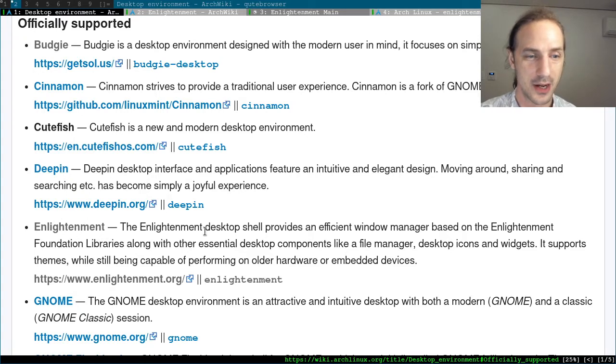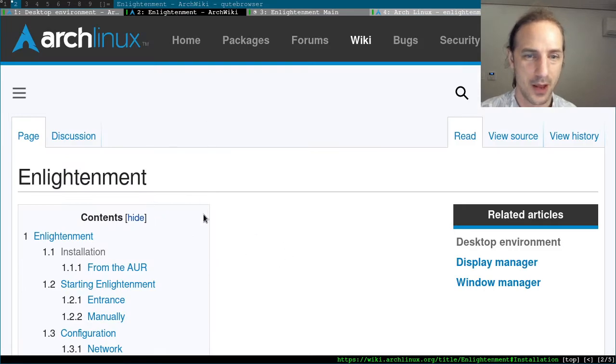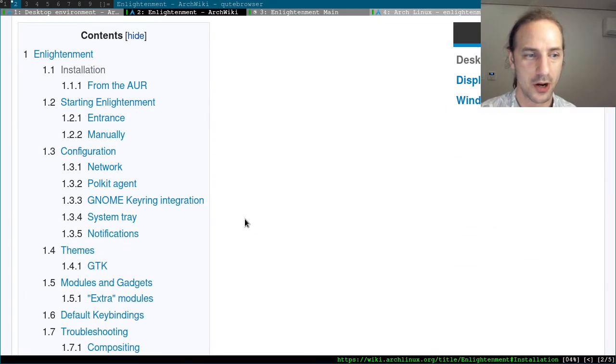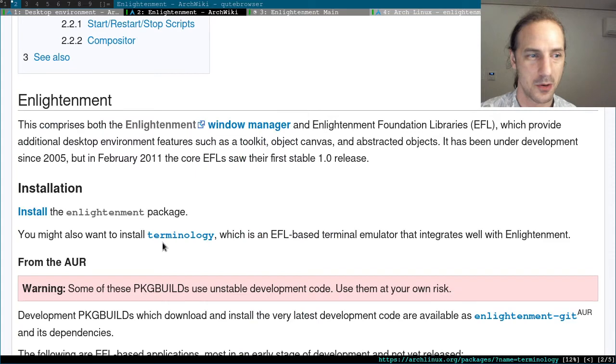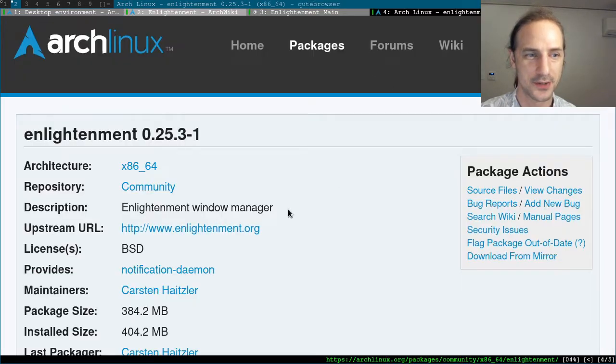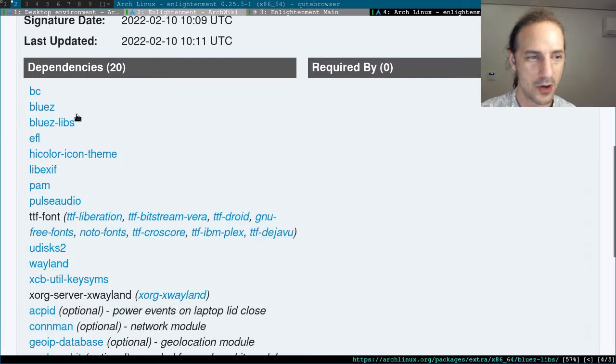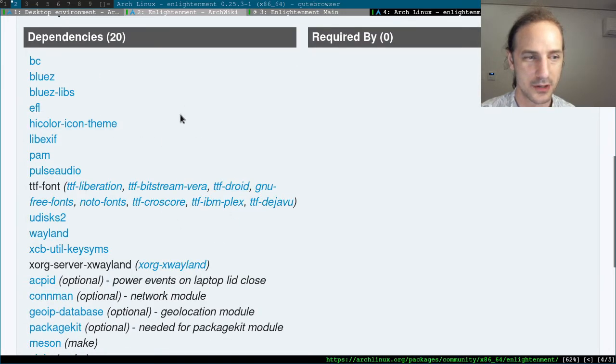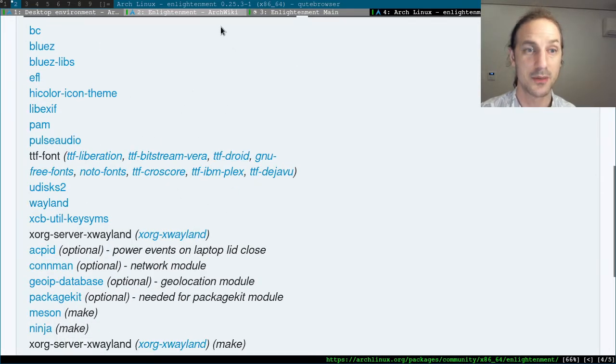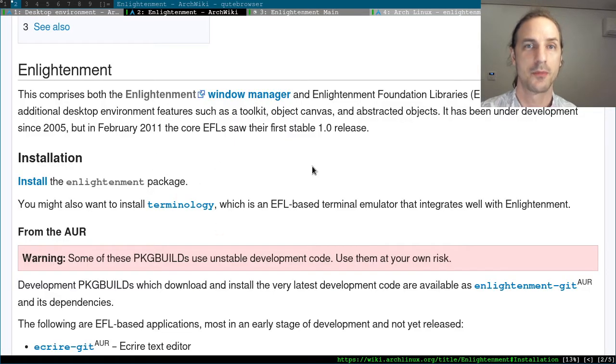at the Enlightenment Desktop shell, which is basically a very minimal install for the Arch Linux operating system, so you will only have to install the Enlightenment package, and this package itself does not really have too many dependencies. This will only contain a desktop shell. Similarly, I guess, to how the Budgie desktop only installed the very basic things for the desktop environment itself